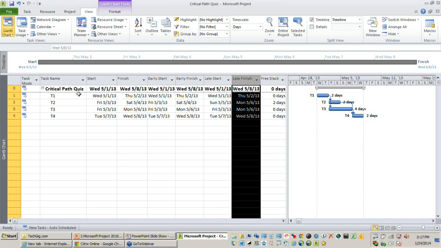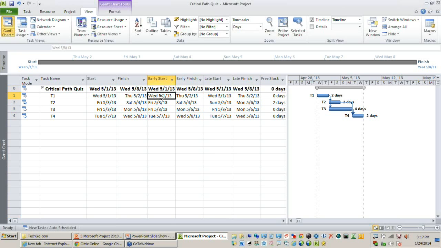You can find that for certain tasks, the Early Start and the Late Start are the same, while for certain activities they might be different. Why does this happen? Because there are certain activities that have some flexibility and can start early or late, but there are certain tasks that should start at a fixed time, and their early start and late start are the same as per the forward and backward pass.